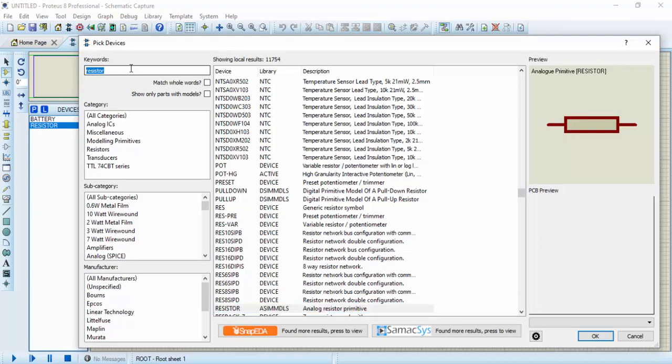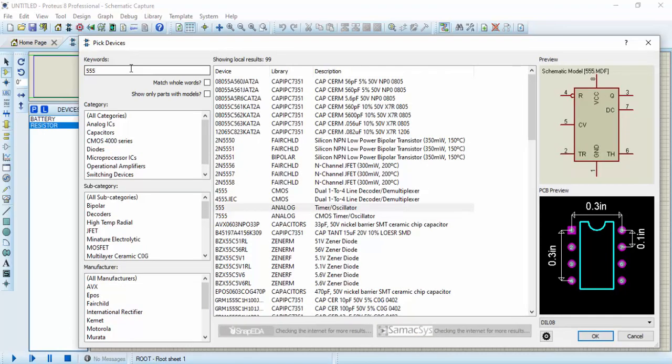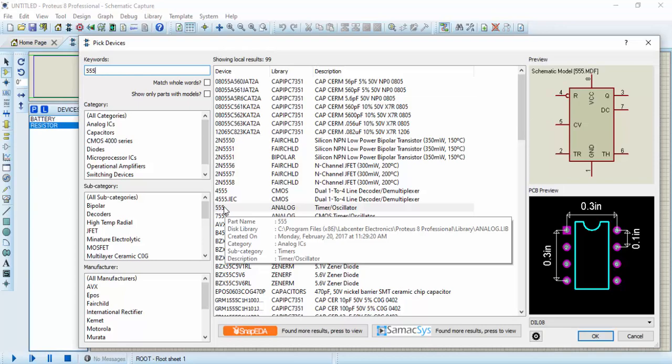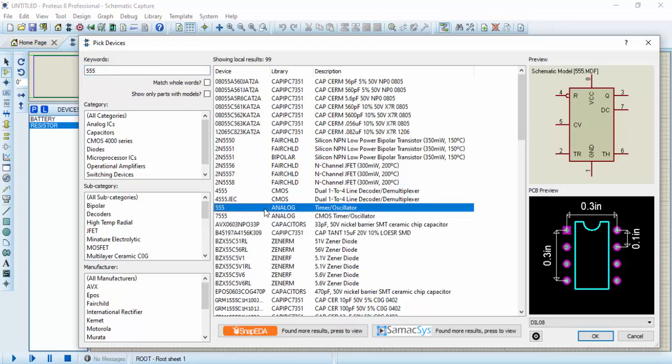So we're going to pick up the 555 timer IC. Just come over here and type in 555 timer or 555. Doing that, you're going to get different ICs. This is the one we want, the 555 timer. You can see the schematic and you can see the PCB preview right here. I'm going to double click on that. Then next, I'm going to pick